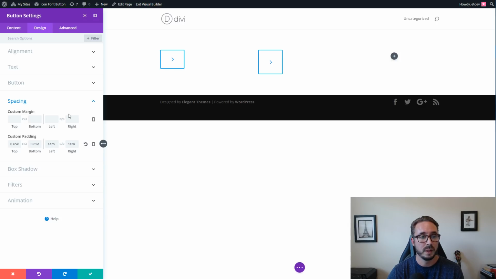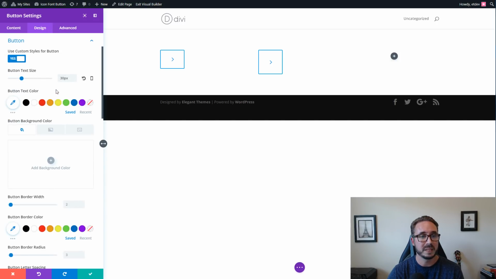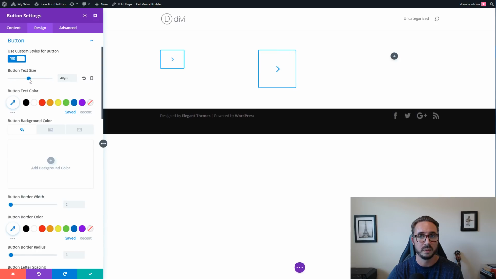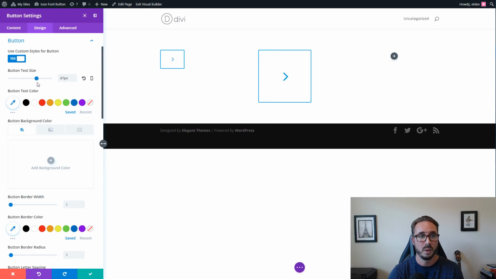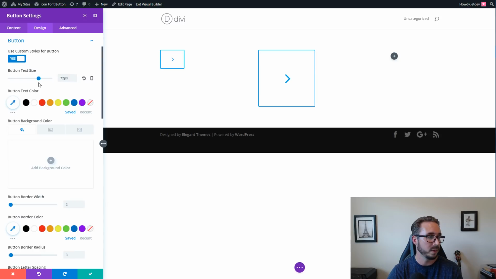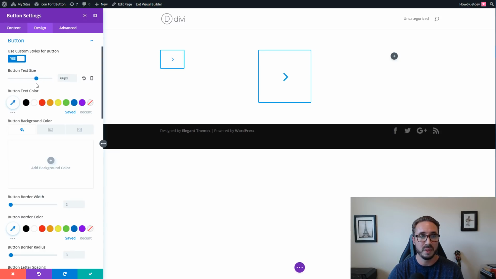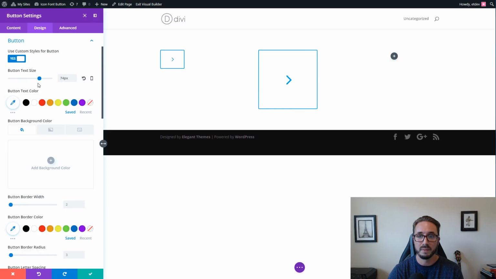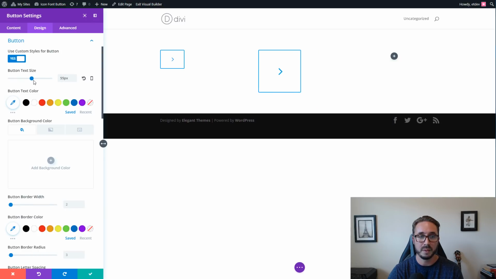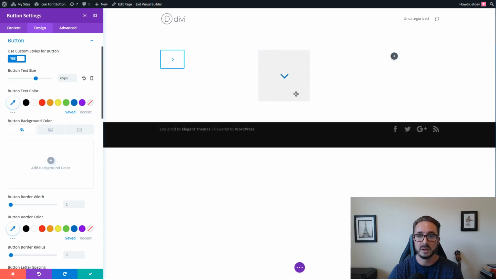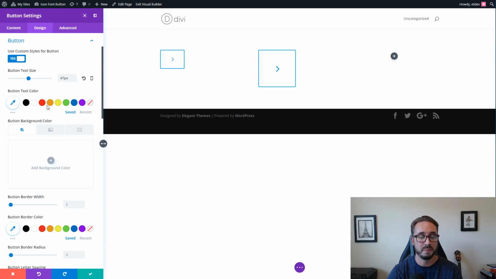To show you what I mean, if I go back to my button text size and I just use this, you can see that it will scale up according to text size. That's one of the cool things about the EM length unit. It's based on the text size, so all of it will scale appropriately. And you can be confident that this is going to be perfectly square as long as you have the spacing in there,